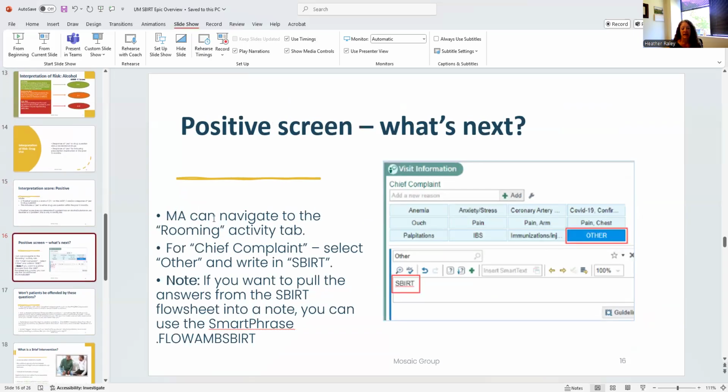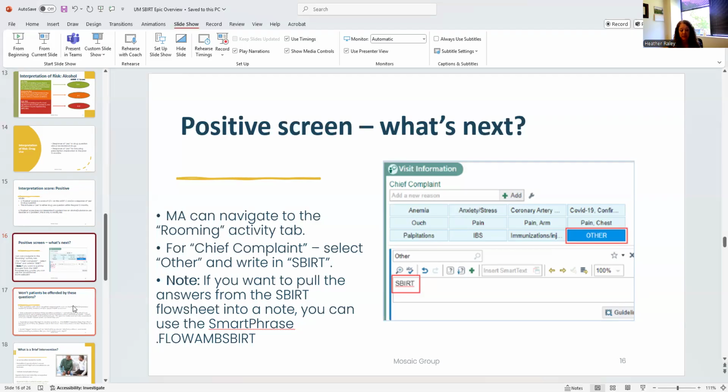So the MA can navigate to the rooming tab. And for the chief complaint, we encourage you to write in SBIRT. You don't have to write SBIRT positive. You can pull the answers in from the SBIRT flow sheet into a note and use the smart phrase .flow AMB SBIRT if you would like. That will pull the screening tool in. This is one way to help remind the providers that, hey, we completed the screen and it is positive. So please make sure that you're doing this so that the provider's attention is drawn to it